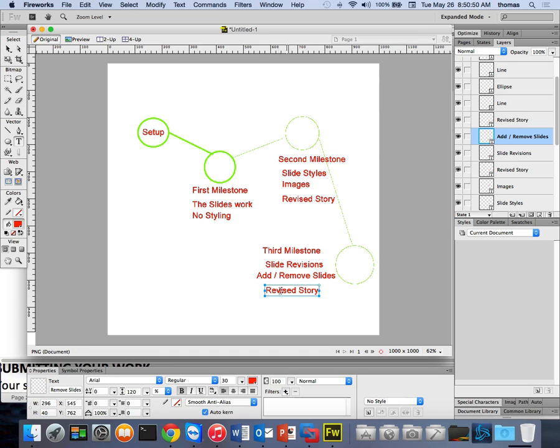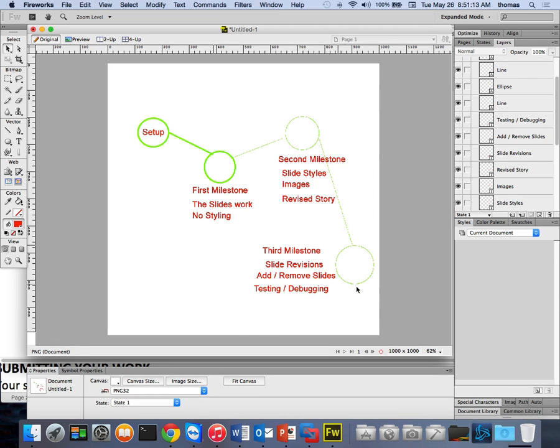And maybe finally you do a little bit of debugging. Make sure that all the slides work. Even though your slides worked here, you made some changes, and now you do a little bit of debugging, and maybe debugging and testing. So testing, debugging, right? So you've got a couple of milestones. Maybe the last one, I'm not going to put it in here, but the last one might be something like